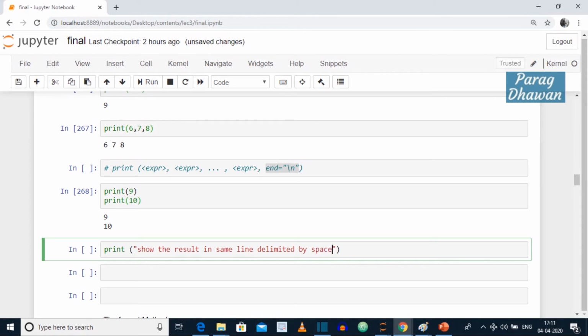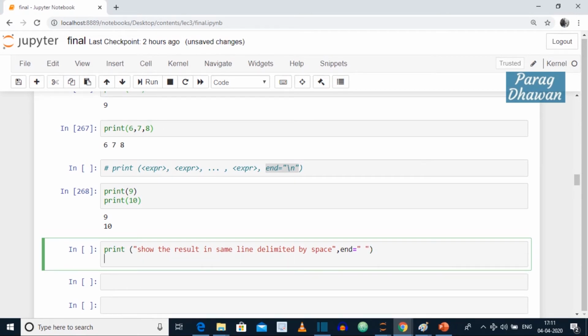So our separator will be, instead of a new line, a space. This is the first expression, and at the end we give end inside double quotes with a space and a bar. Click on the cell.